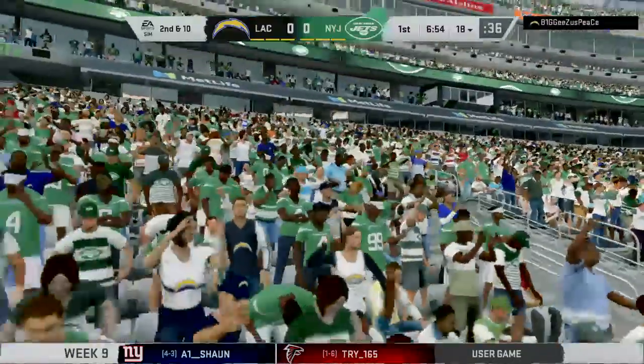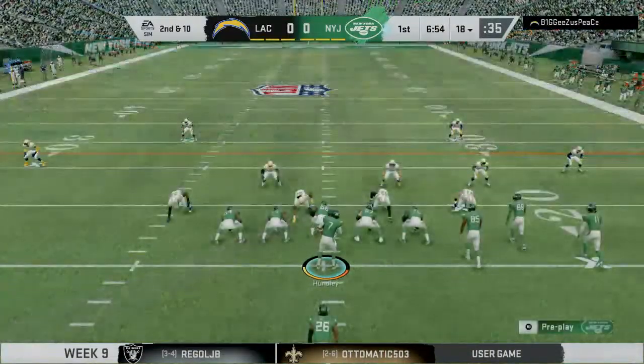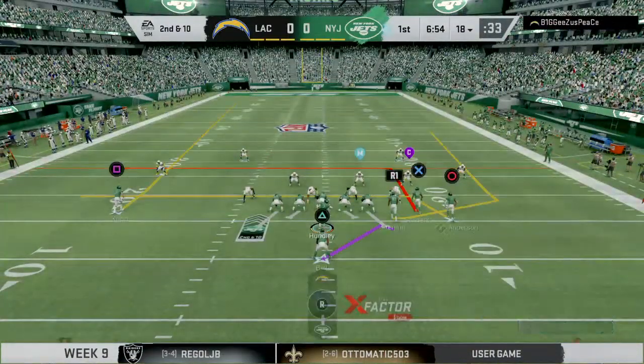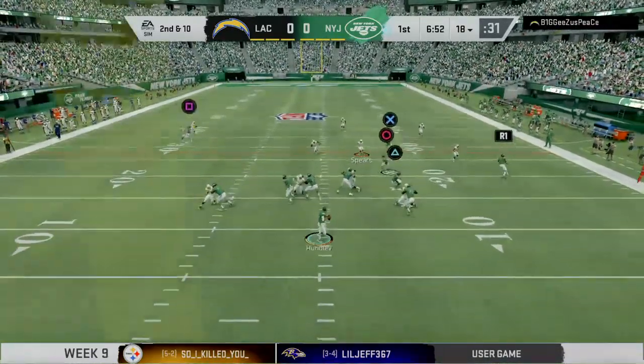Yeah, he wasn't really going through progressions. He wanted to go to his top guy. You do that against this defense, they'll make you pay, won't they? Yeah, they certainly will. They react very quickly to the thrown football. After the incomplete pass, here now is 2nd and